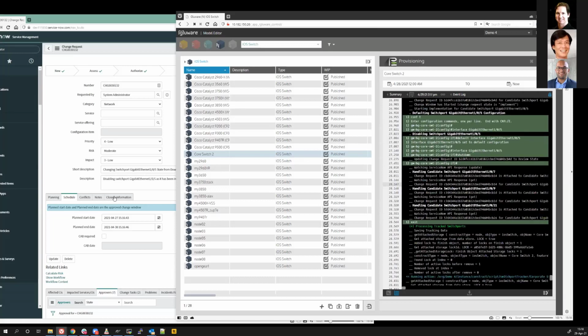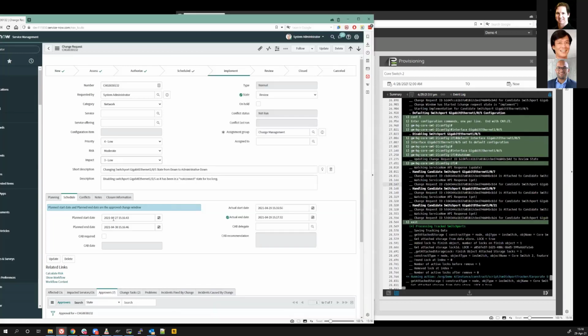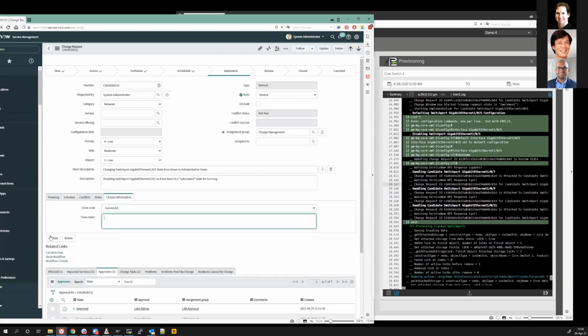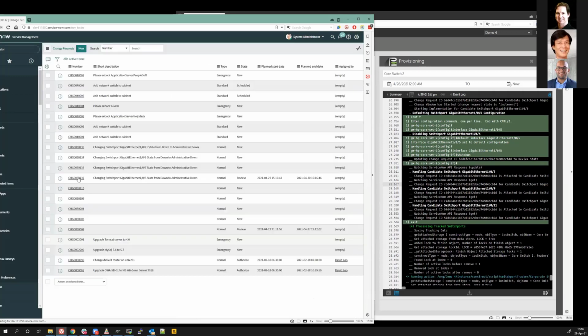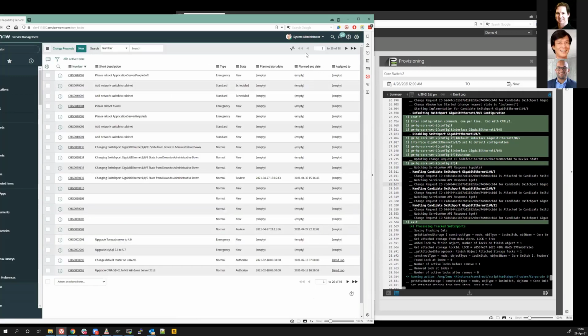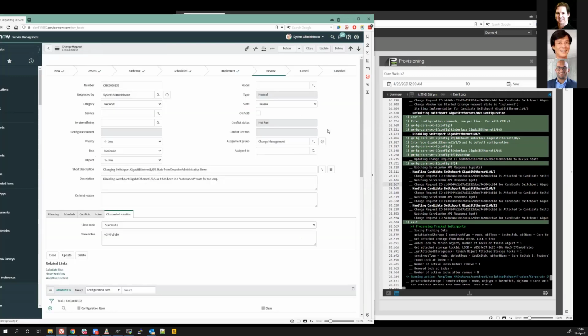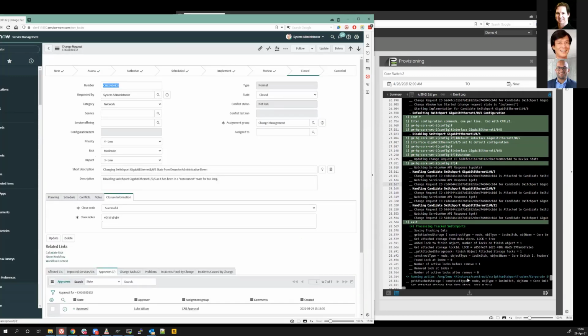And so now I can close this ticket, say it was successful, and so on. And I'm updating this ticket. Oh, I'm sorry, this is not what I wanted to do. I wanted to close it instead, close this ticket. So now it's closed. And when this script runs again,